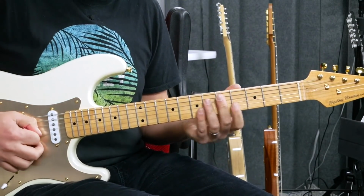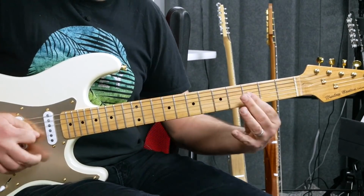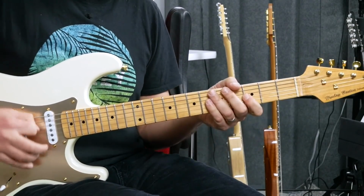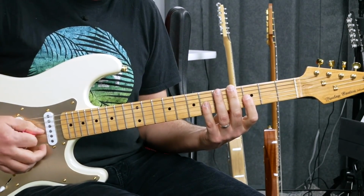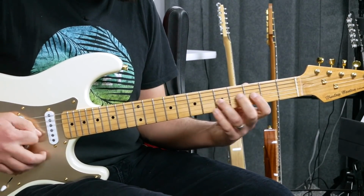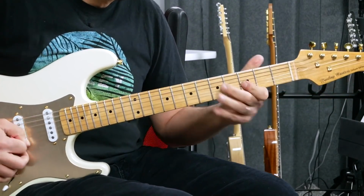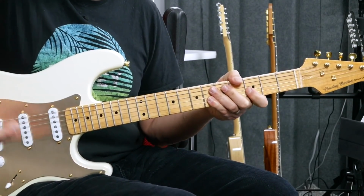Okay, let's find another one. Maybe I can play this, but instead of having this last note like this, I'm going to approach this last note with another chromatic thing. I'm going to fill in this 6, 5, 3 with 6, 5, 4, 3. Okay, complementary, right? These three ideas,